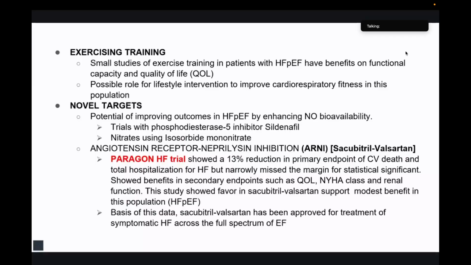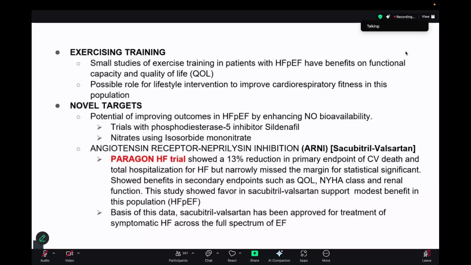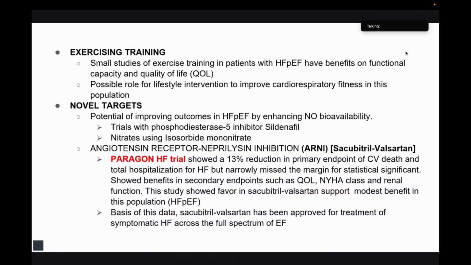Other targets or treatment therapy for patients with HFpEF include enhancing nitric oxide bioavailability. So there are trials which use phosphodiesterase 5 inhibitors such as sildenafil or nitrates using isosorbide mononitrate. But there are actually no guidelines yet for the use of sildenafil or nitrates in the treatment of HFpEF itself. There is also the angiotensin receptor neprilysin inhibition, the ARNIs, in which the drug is a combination of sacubitril